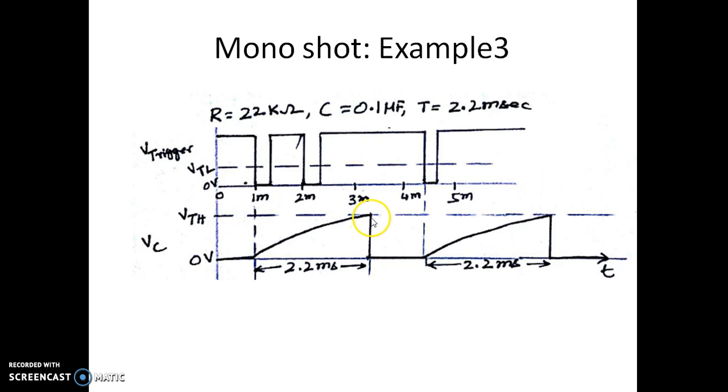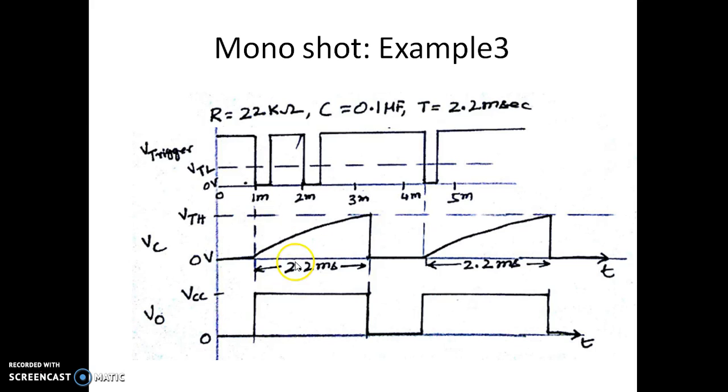The capacitor voltage starts discharging immediately after 2.2 millisecond. Even though we have one more trigger signal before that pulse width, it will not be considered. This will be considered as a valid trigger signal. The capacitor is charging and here you can see the output has gone to quasi-stable state. It remains there for 2.2 millisecond and comes down, and it sees one more